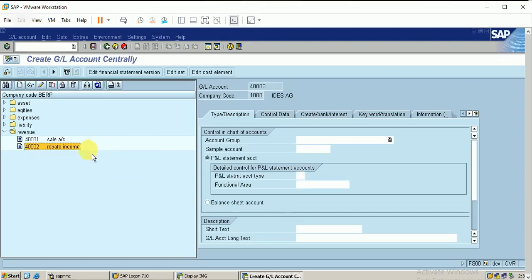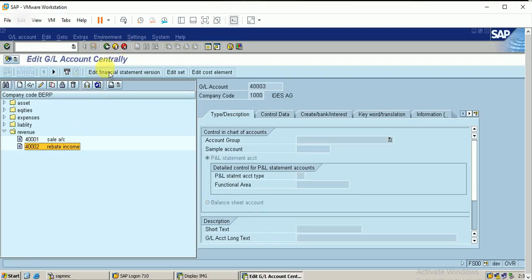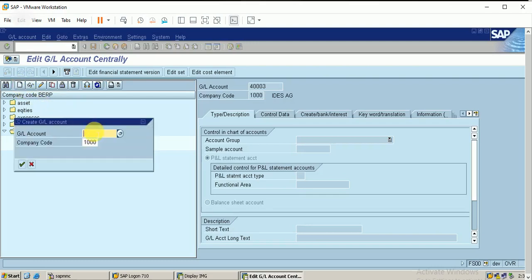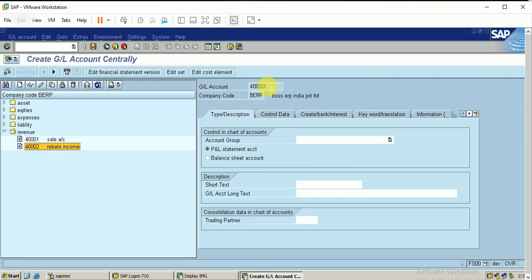I need to change the company code. Just close this. Create a new account. I have created, but not provided the current company code 40003. Need to change the company code also. Okay, you can find this is the new GL account I'm going to create, and this is the company code, and this goes to the P&L statement account. Let me change to revenue, and this is the freight revenue.